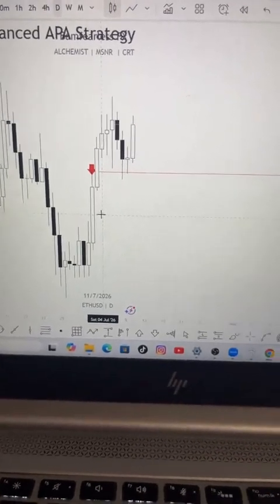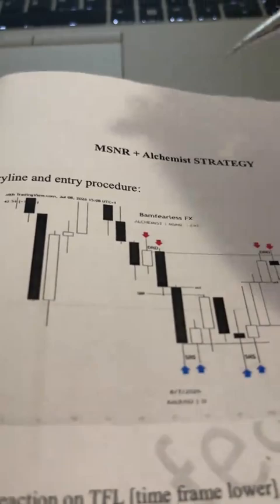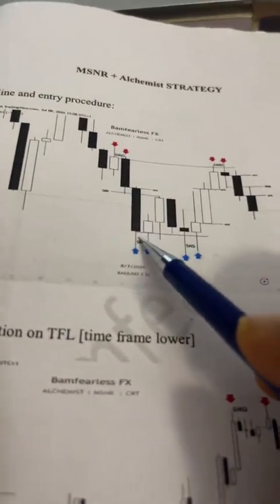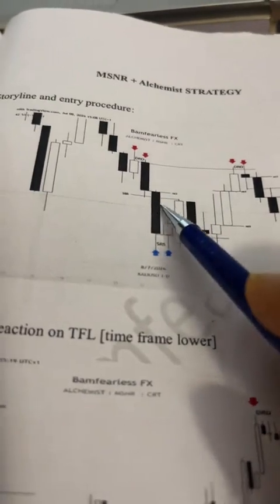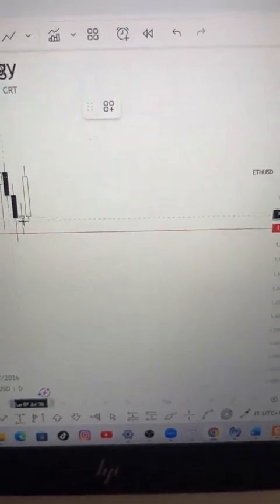Using my Emerson Plus Alchemist in respect to the APA strategy, I need to note the rejection that comes after a previous day's candle. That is support, rejected support. The same thing I have here, I have to mark out my support, rejected support,